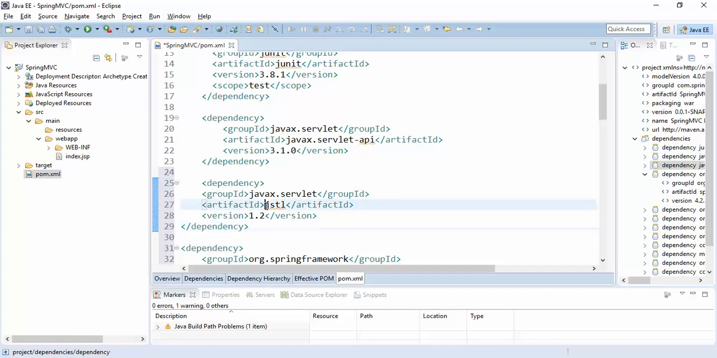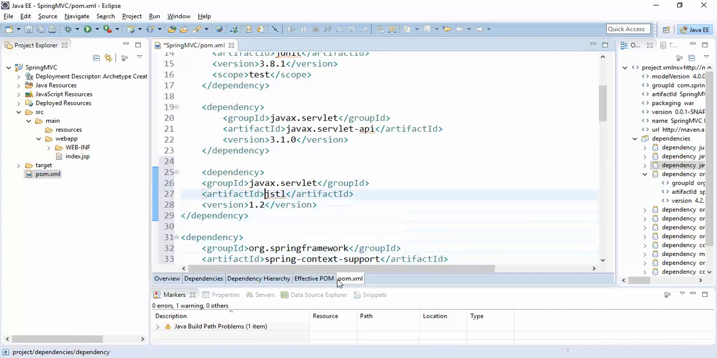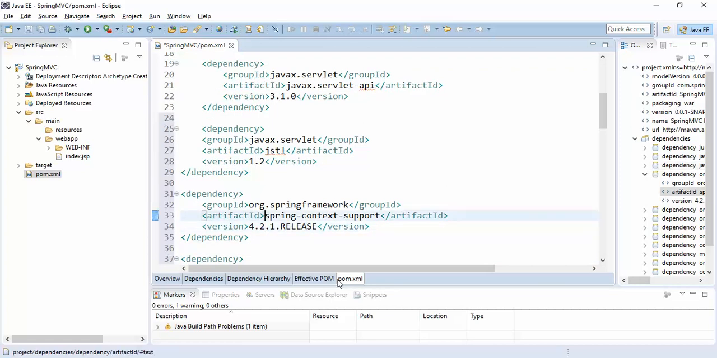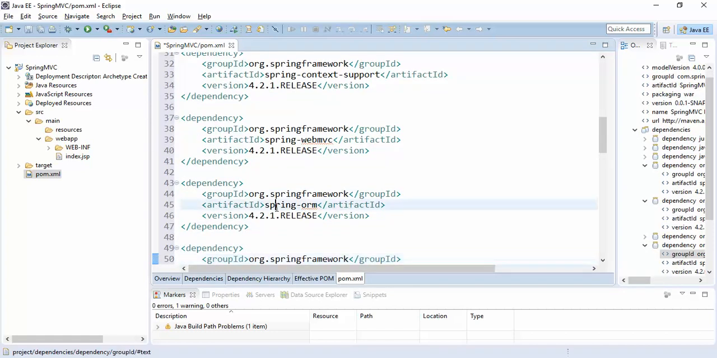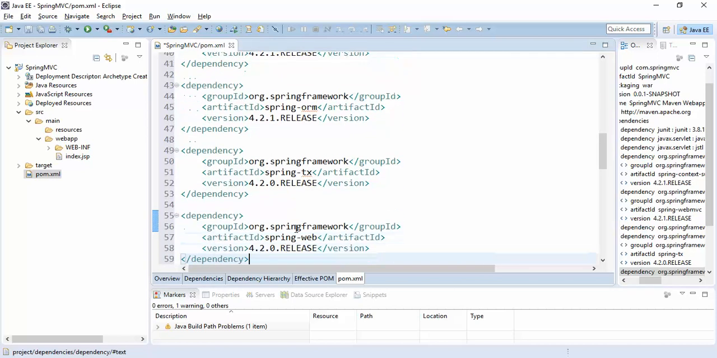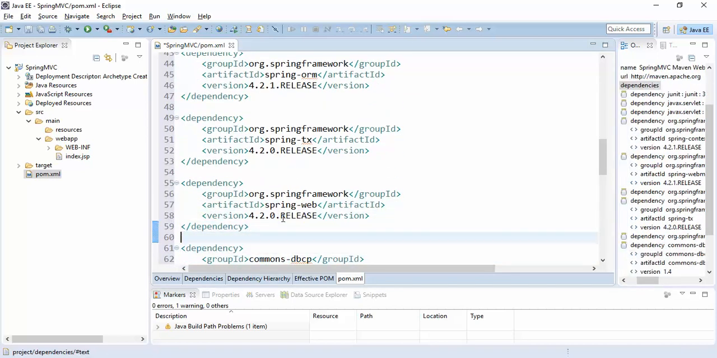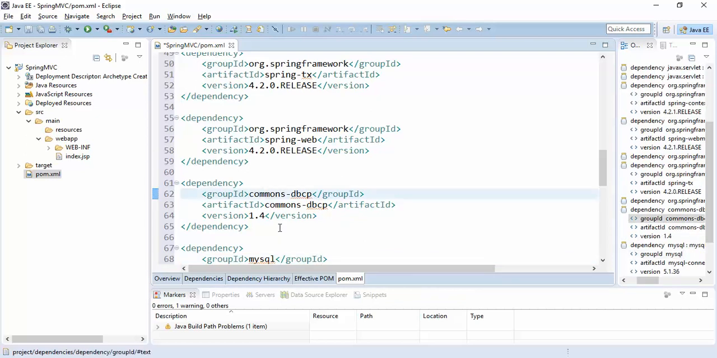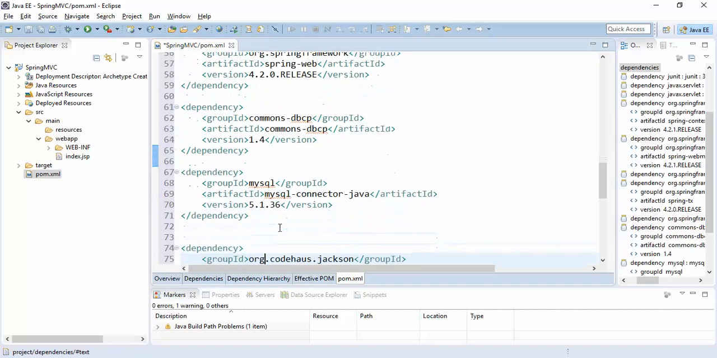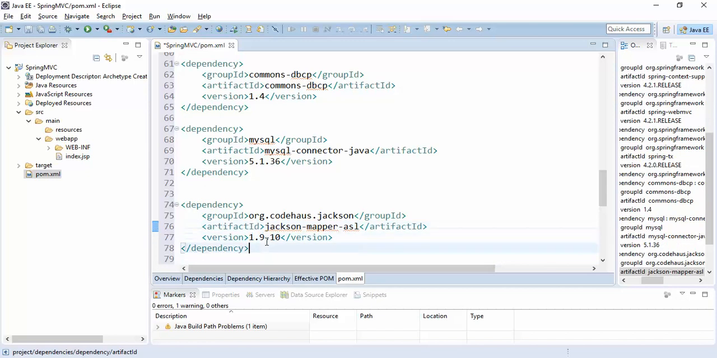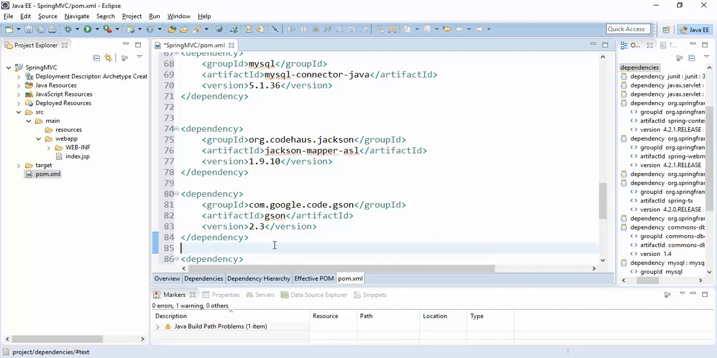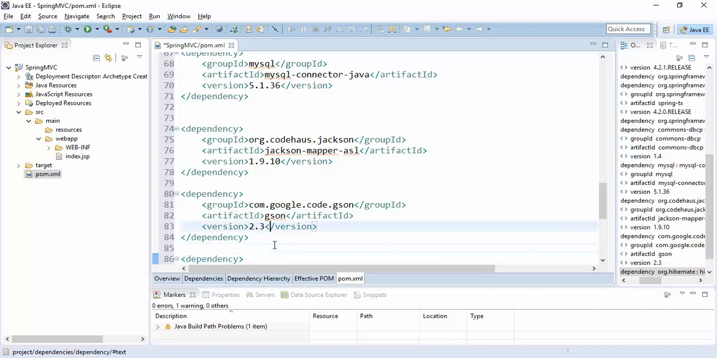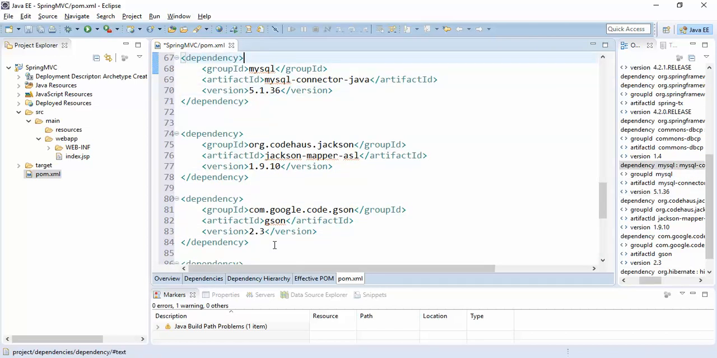This dependency is just JSTL, the JSP tag library, and this is for Spring context support, and this is for Spring Web MVC and ORM, the Spring ORM dependency, and this is for transactions, and this is Spring Web for web services, and this is Commons DBCP for the database pool, and this is the MySQL connector for connecting JDBC with it, and this is the Jackson JSON mapper ASL for JSON mapping. This is Google Gson, which we will use in our project for JSON functionality. That's why. And after these dependencies we need to